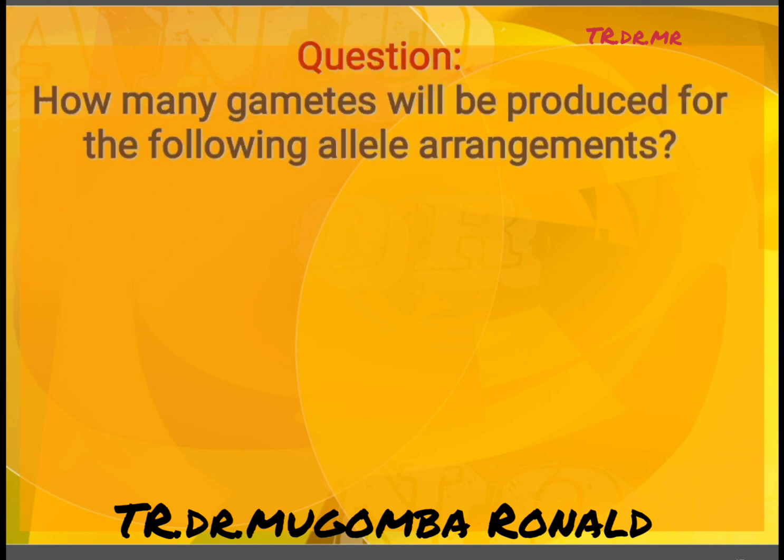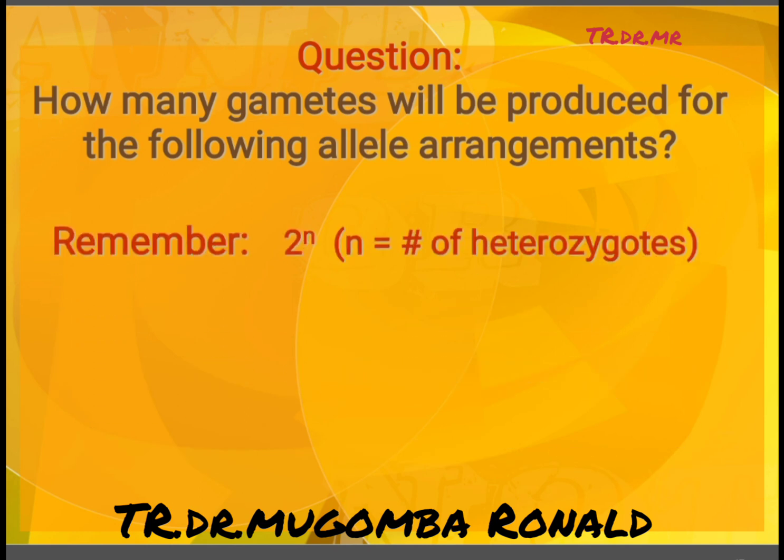So we are going to go ahead and look at a question. Here we are. How many gametes will be produced for the following allele arrangements? Okay. Remember, 2 to the power n, and we said n equals the number of heterozygotes. 2 to the power n. Okay. Take an example of this. We have